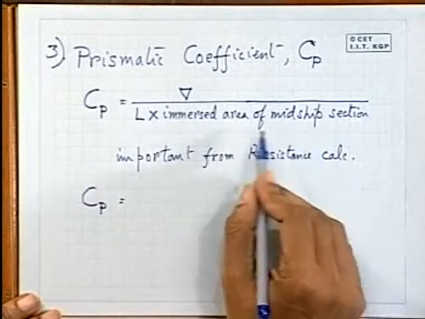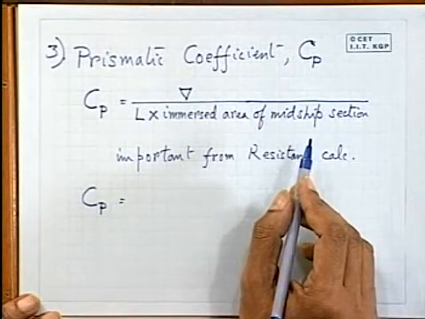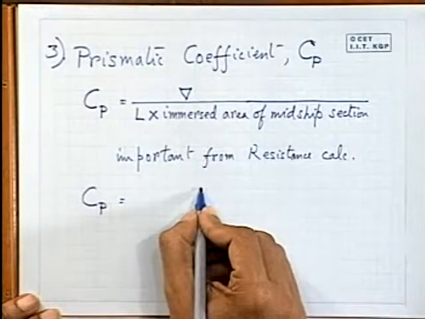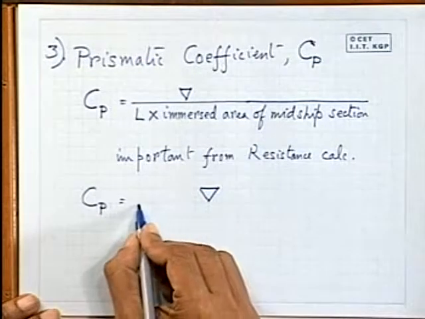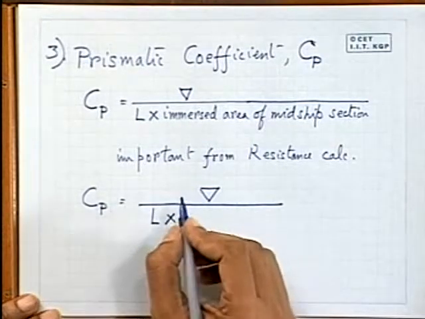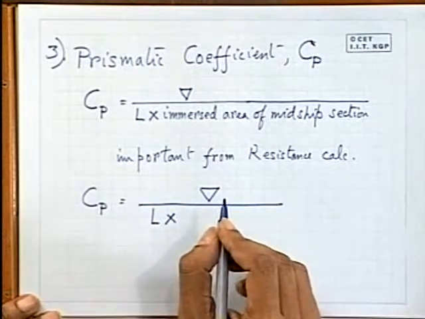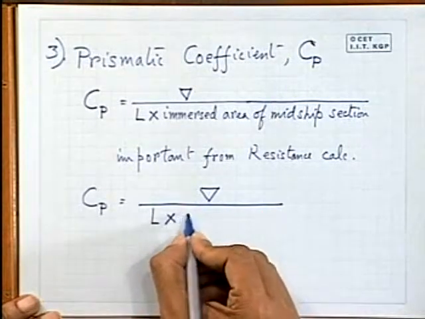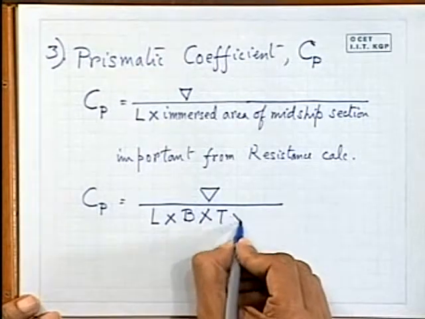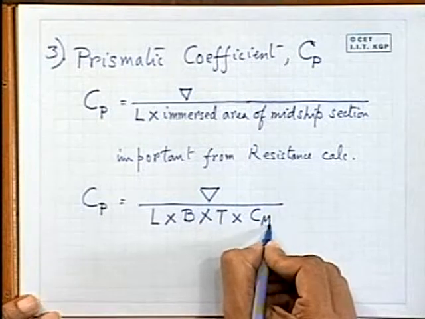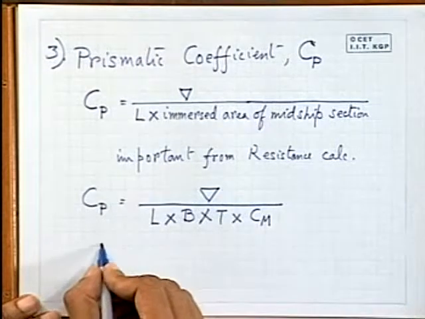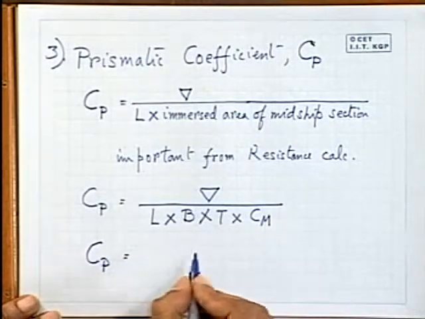So Cp, you can write, you can calculate the immersed area of midship section from your midship area coefficient, that is your Cm. So here you simply write the underwater volume divided by length, your LBP. Normally it is better to take your LBP. And how much is the midship area? So this you multiply by breadth multiplied by the draft multiplied by Cm, right? So this boils down to Cp is equal to